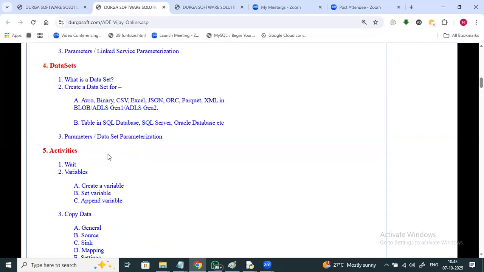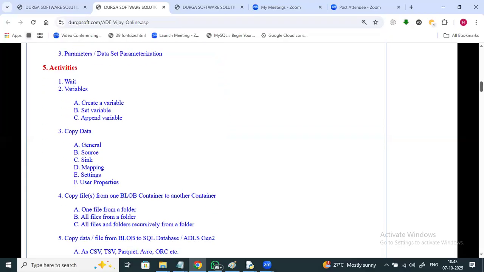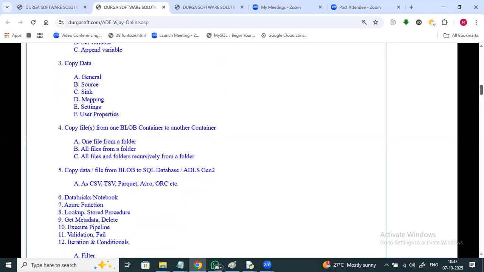And activities, different types of activities. No need to write any code. Directly you can grab them using activities. Copy data activity, copy files from one blob container to another. Lookup, stored procedure, get metadata, delete, execute, validation.